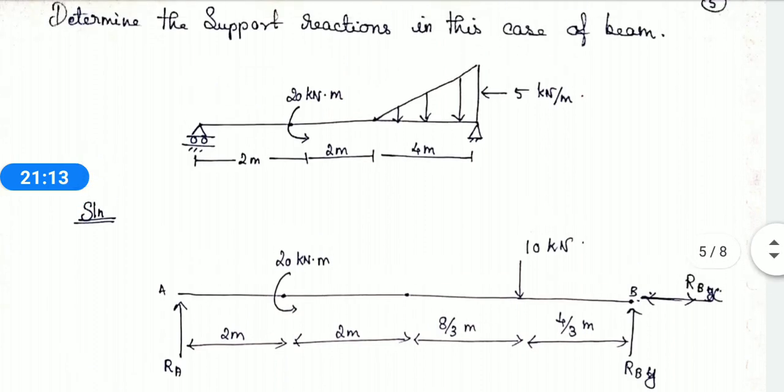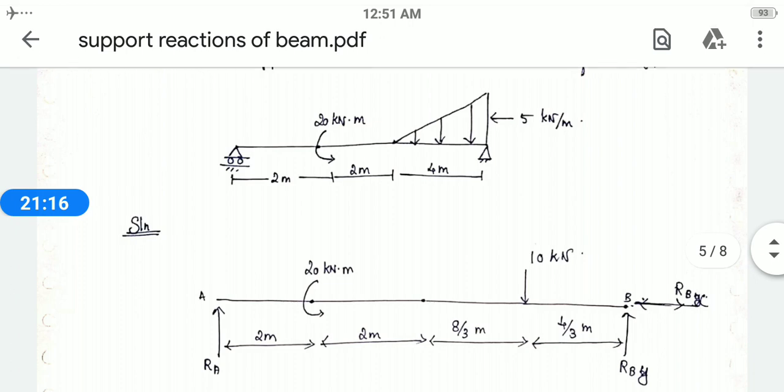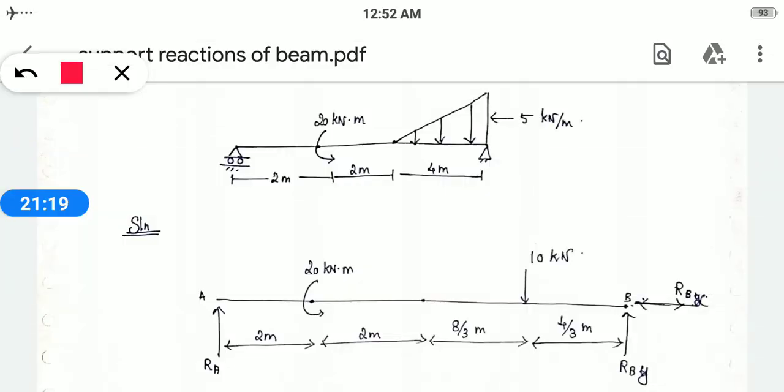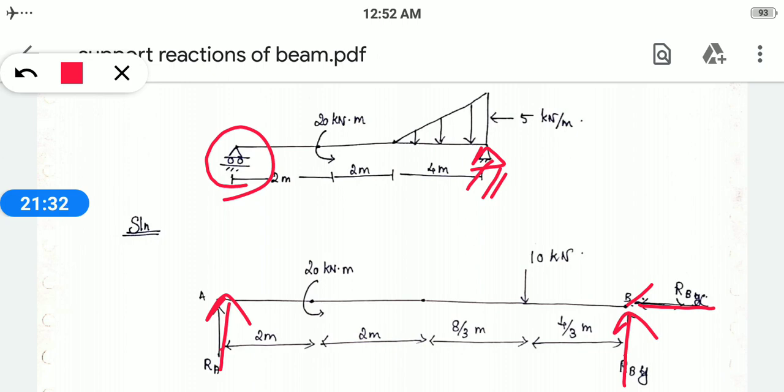Okay, so we have to mark the reactions now. There are two conditions. This is your roller support. Roller support means only one vertical reaction will be there. This is your simply supported or fixed end, so it will have vertical as well as horizontal reaction. This horizontal should be on your right side, that means every time it will face towards your right. If it is only one reaction, there is no need to mention the direction, but in most cases, wherever the support lies, you mark the vertical and the horizontal in the right direction.